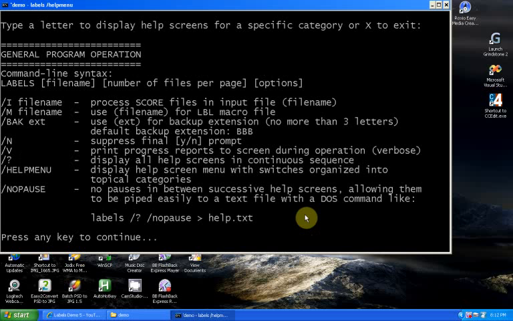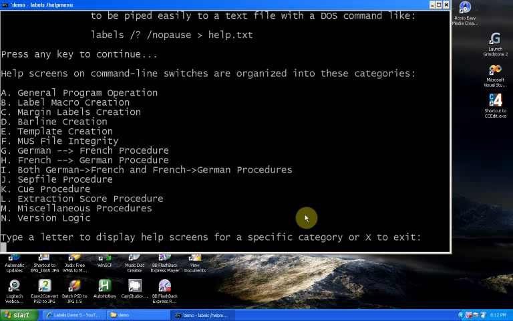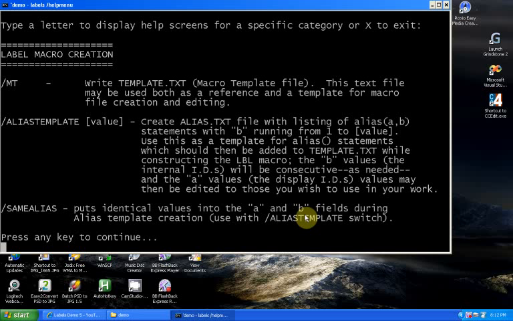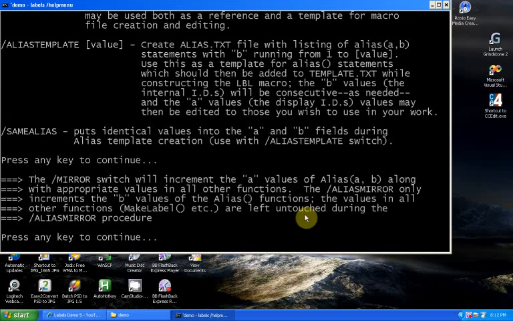The A selection just goes back to the very first one, which isn't really telling you that much. If you go to B, it goes to label macro creation. You may recall the MT switch, which writes the template text file that we saw at the very beginning, which has that kind of glossary to all of the functions that are used by the program. And then there's ways of creating a text file that will contain all of the alias values for the alias statements. There's a mirror switch, which will